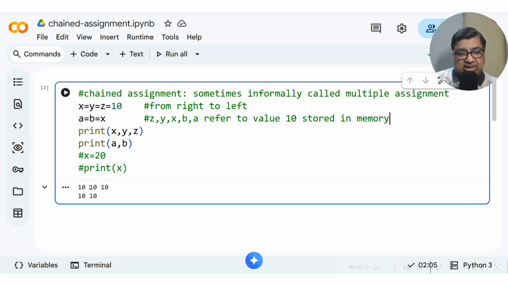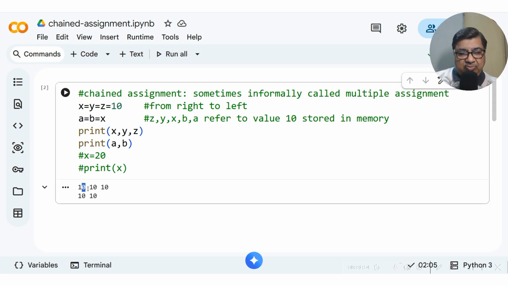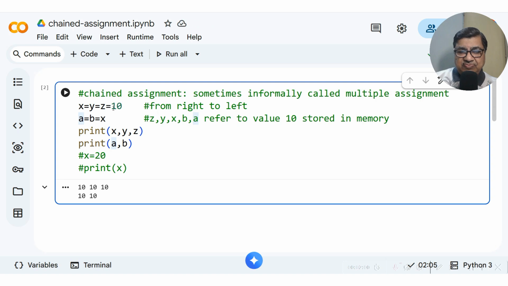So this is actually the same value which has these 5 names, right? So these are names of this value only, and we actually produce this by making this kind of chained assignment, right? What happens if we give a different value to X?